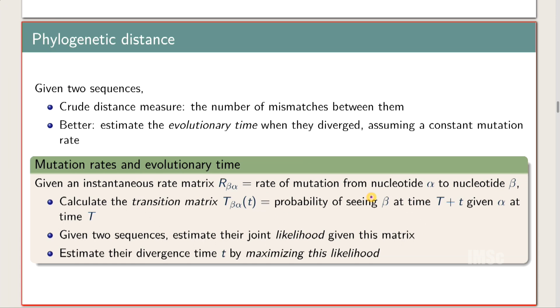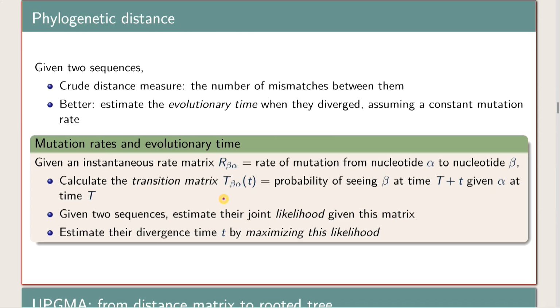I'll come to likelihoods later, but essentially you can have an instantaneous rate matrix, which is a rate of mutation from nucleotide alpha to nucleotide beta. You can read it as R of beta given alpha. From this, you can calculate a transition matrix, which is the probability of seeing beta at a later time given alpha at a previous time. I think I haven't described it in detail, but